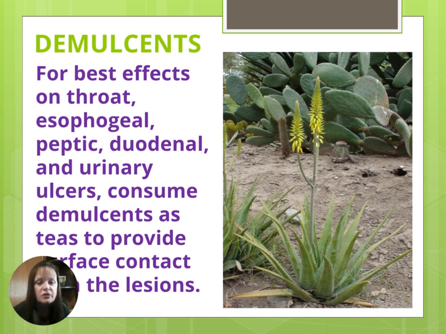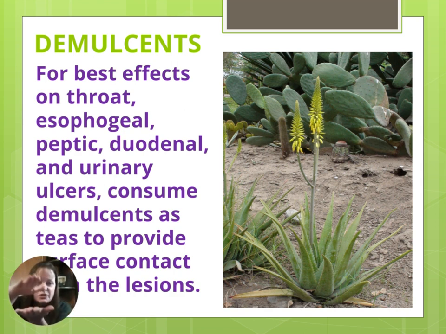For the best effects on the throat, esophagus, peptic, duodenal, urinary ulcers, we want to consume these as teas that will be much more quality material delivered directly to the mucous membranes than taking just a few drops of tincture. Even though you can have tincture of tussilago and tincture of aloe vera, we're talking about getting tablespoonful doses, if not cupful doses, in terms of marshmallow and licorice and chia and oatmeal to really have surface contact with that